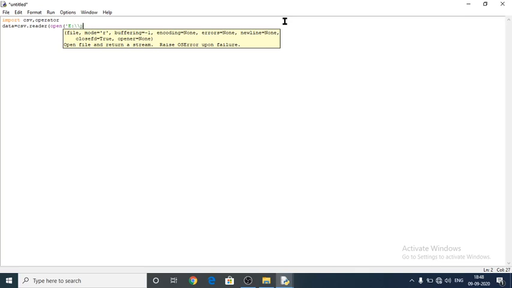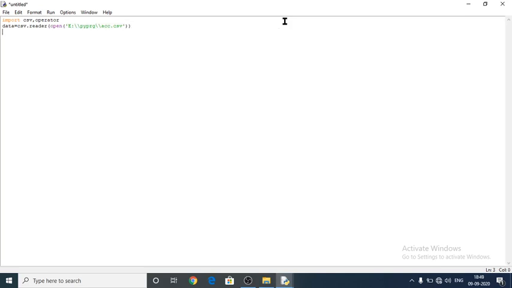Here C colon slash, and pyprg is my folder name. In this folder I have saved my CSV file, and afterwards I give acc.csv, and with this I close this line.